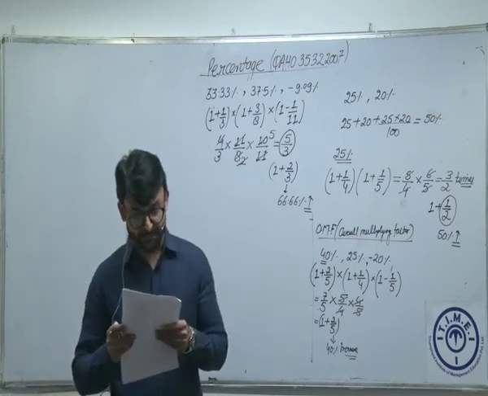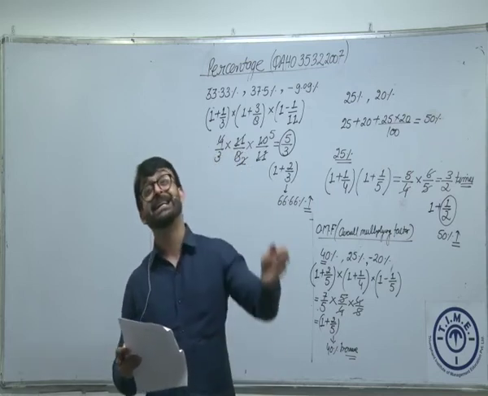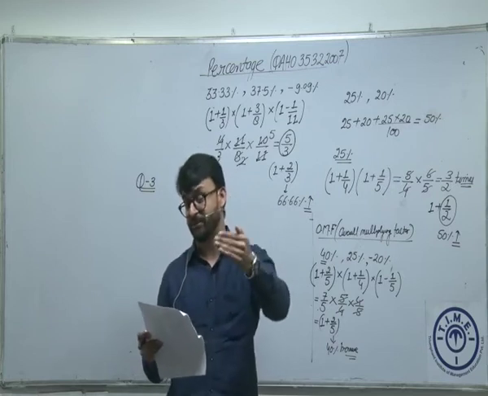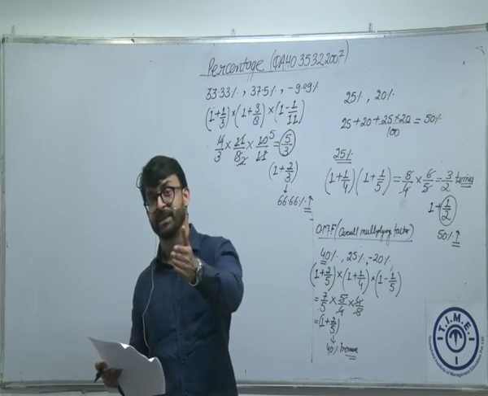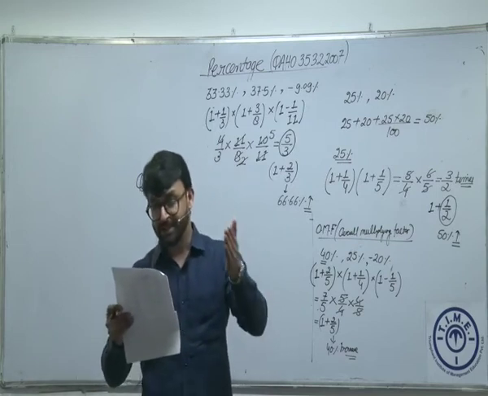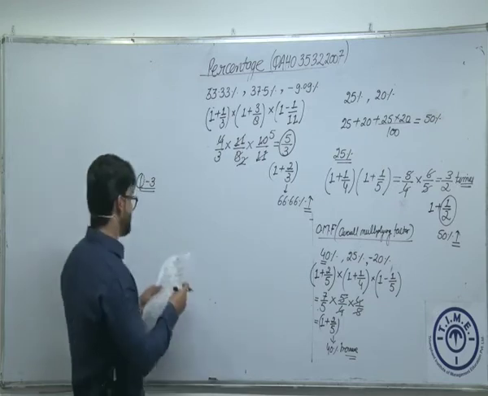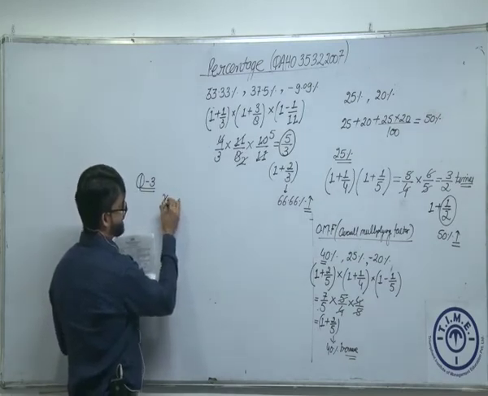Ajay spends 25% of his income on rent, 60% of the remaining. That is the basic difference between question number 2 and question number 3. Question number 2 was saying every time he is spending a certain percentage of his income. Now he is spending what? 60% of the remaining. So what I need to understand, if I say his income is, let's say, X.